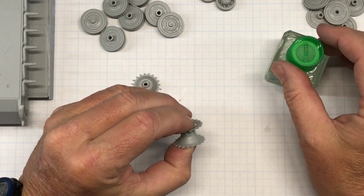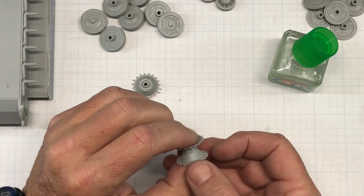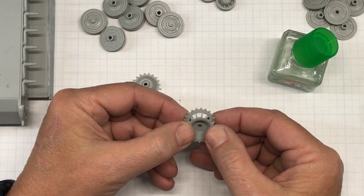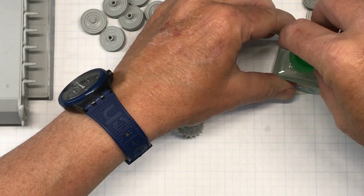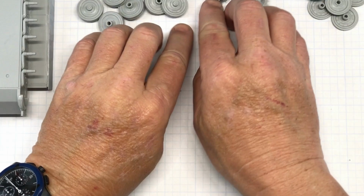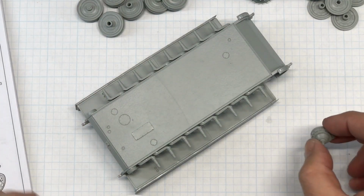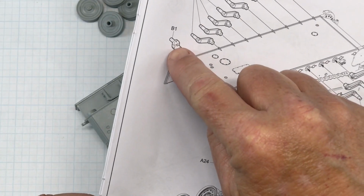And for this, I'll be using Tamiya Extra Thin. Like thusly. Look at it from the side and make sure it is straight. And that will take care of that. Alright, now with that, while the wheels and all that's drying, this has had enough time to dry so I can jump back to step 2 and the final drive covers and the idler